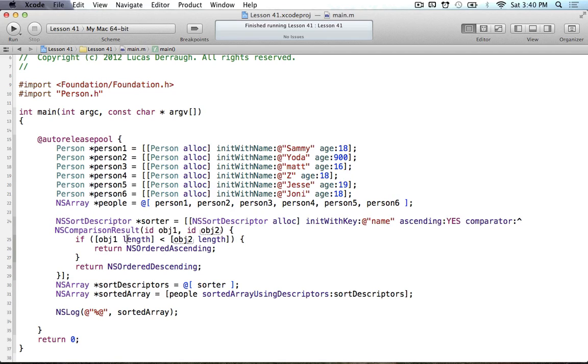And so if I say that object 1's length is less than object 2's, I want it to come before object 2. And I can specify that by saying that the result is NSOrderedAscending. That means that the first object is going to come before object 2. If this is false, that means that object 2's length is less than object 1's length, and that means I want object 2 to come before object 1, so I'll return NSOrderedDescending. And that is my brief description, anyway, of how this comparator block works in